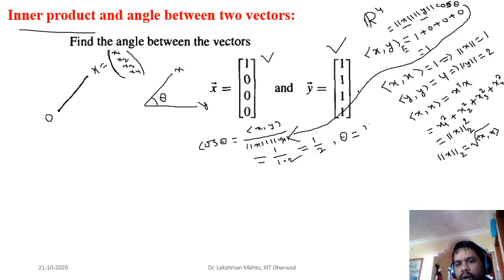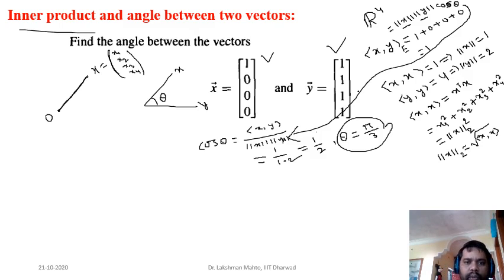Yeah, pi by 3. Always, actually, when you are in linear algebra, we are generally not dealing with degrees, so better you talk in radians. Radian is a better approach. There are two ways you can measure angle: one is radian, another one is degree. So radian, so pi by 3. Mostly in linear algebra, you will observe that the angle is pi by 3. So this is the approach to find the angle between two vectors with the help of inner product.